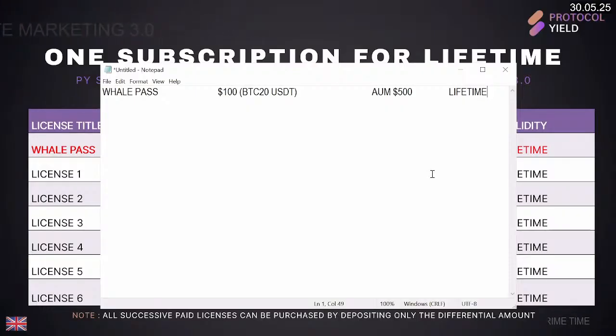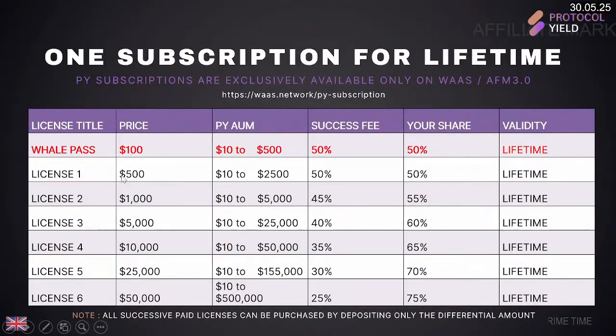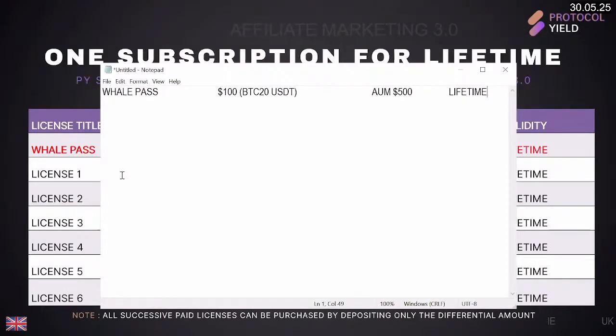In a similar manner, we had time and again mentioned and requested everyone to purchase whale passes. This was a unique opportunity for everybody to use or cash out their BTC20 assets. Now the whale passes are gone. Now you have the minimum license to start with on Pi as $500. So those who would have listened to our advice, they already purchased whale passes for themselves as well as for their